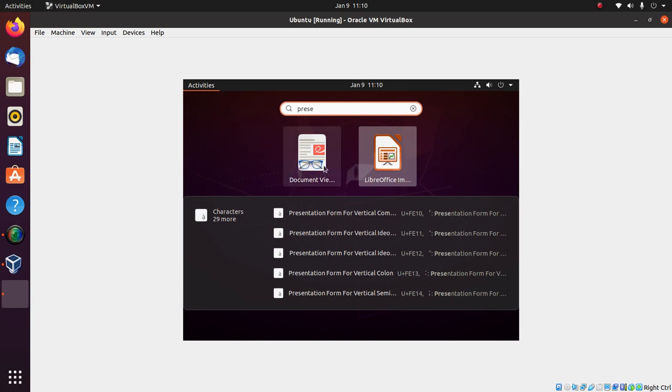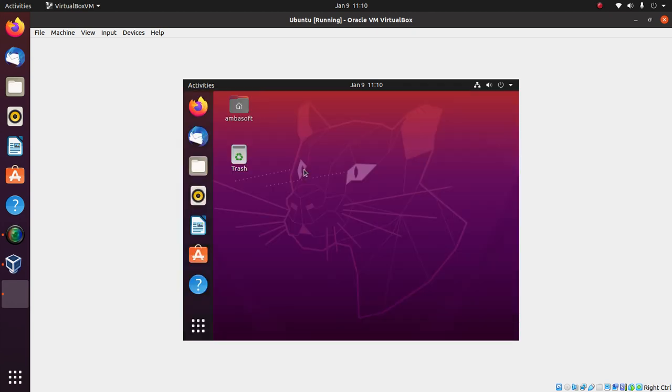Document Viewer is the PDF viewer for you. So almost all the software which comes with Windows, plus more utility software, is available in the Ubuntu operating system by default. You don't need to install the Office stack or PDF software separately. It comes as a part of your operating system itself. So all the basic needs for you to get started with an operating system are available in Ubuntu. That makes it a favorite operating system for all the new people starting with Linux.